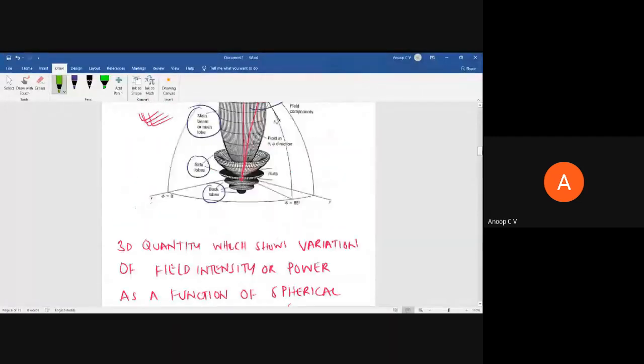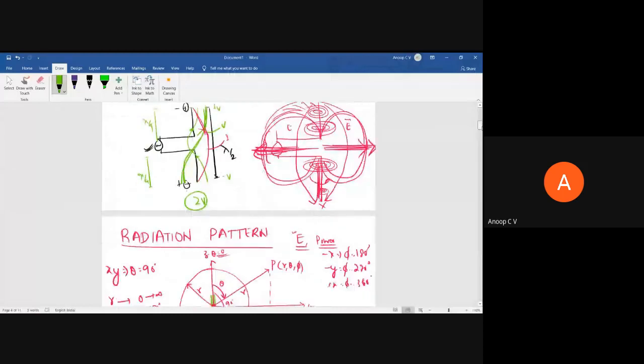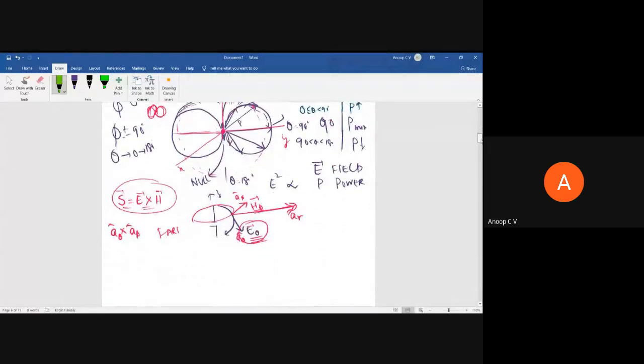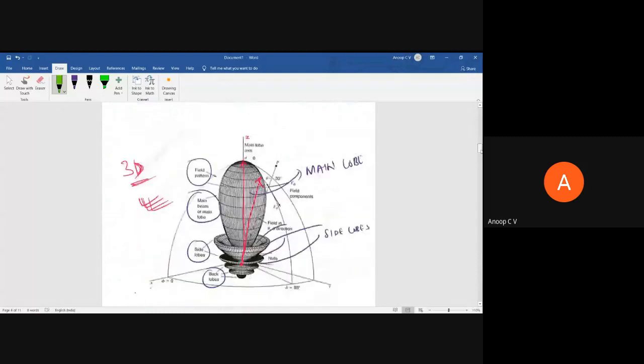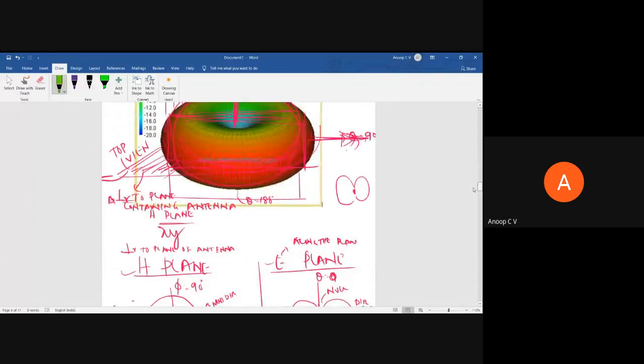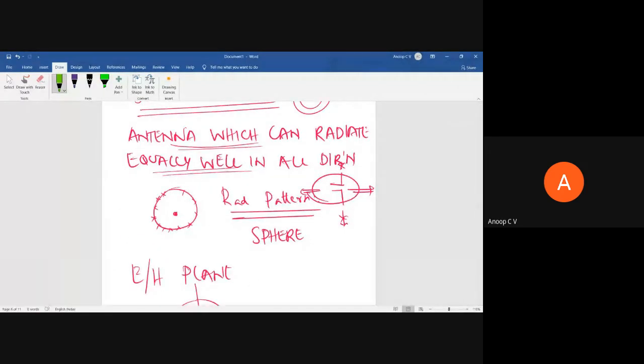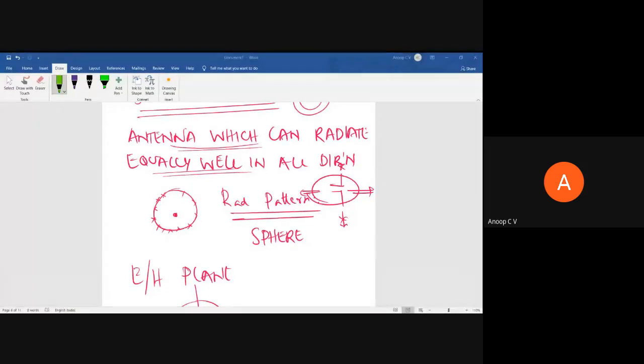You have studied what radiation is. You understood the equivalent network representation of an antenna. Then what the radiation pattern is, what the E-plane pattern and H-plane pattern are, and what a null is. And you now even know the radiation pattern of a dipole and of an isotropic radiator. If you understand today's class, that would be more than sufficient. From tomorrow we'll gradually catch up the pace. If you have these ideas, whatever we take up tomorrow is going to be very easy. Any doubt in this?